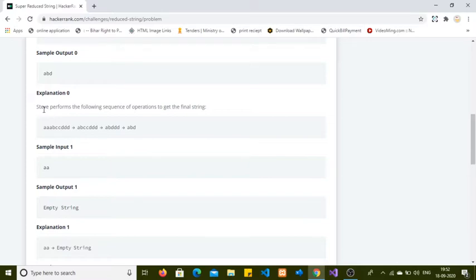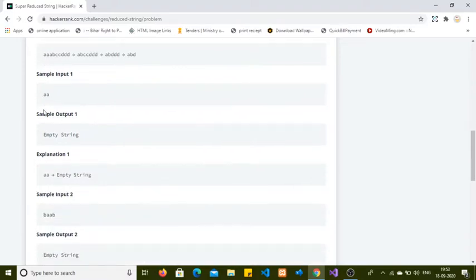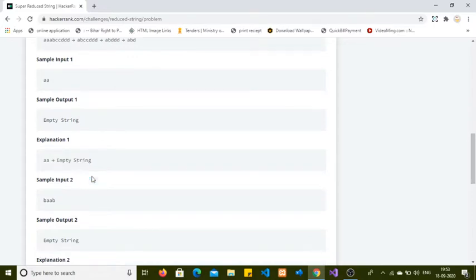If, while reducing the string, the string becomes empty, meaning nothing is left, then we will return empty string. Like if the given string is aa, both are equal, so we will remove both, so nothing will be left in the given string, and we'll return empty string. Okay.